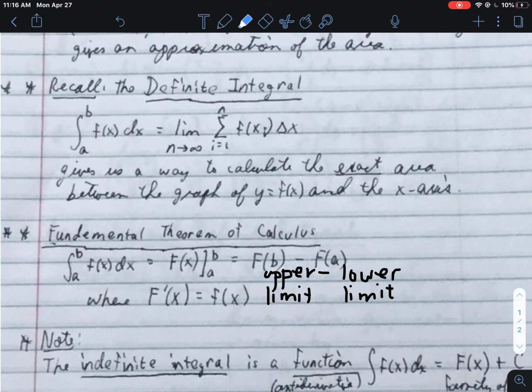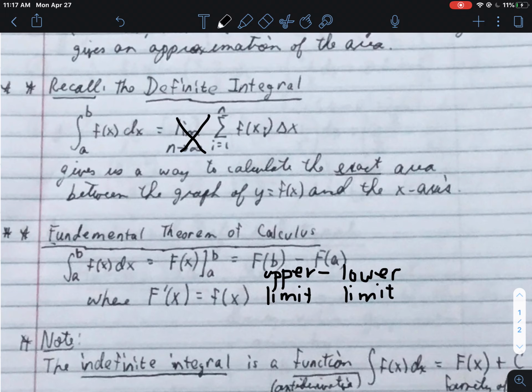But we did make the observation that if you, I'm just going to put a little X through this for a second, if you ignore that limit statement, then that sum notation, the Riemann sum, as we called it, or sigma notation, is what we use to approximate the area under the graph. Right? So we said, look at the sum as i goes from 1 to n of f of x sub i delta x. And then we picked the n value. We said, okay, let's pick the number of subintervals. We used rectangles. How many rectangles do we want under the graph? And then we would calculate the area of each rectangle, add the areas, and get an approximation for the area